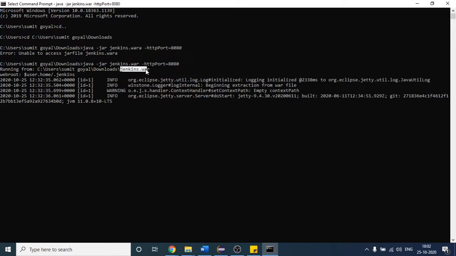So it is installing. I'm already having Jenkins in my machine, so it will be a little bit faster. But once you install it, it will take around 5 to 10 minutes. Once all the setup is successfully done, I will see one message saying that Jenkins is fully up and running.